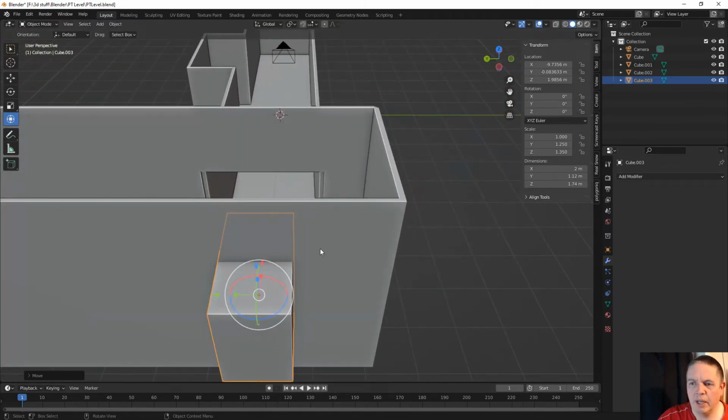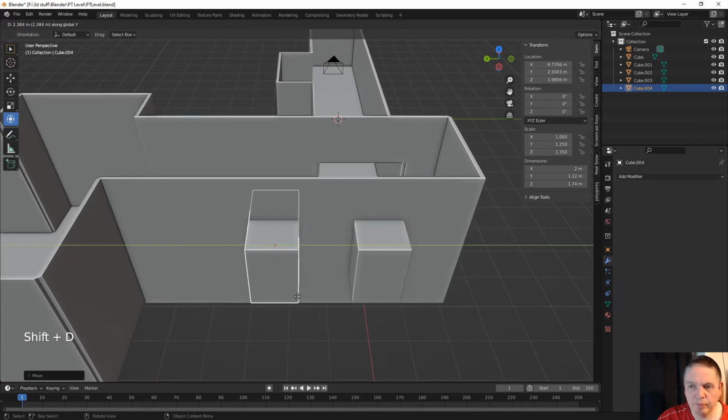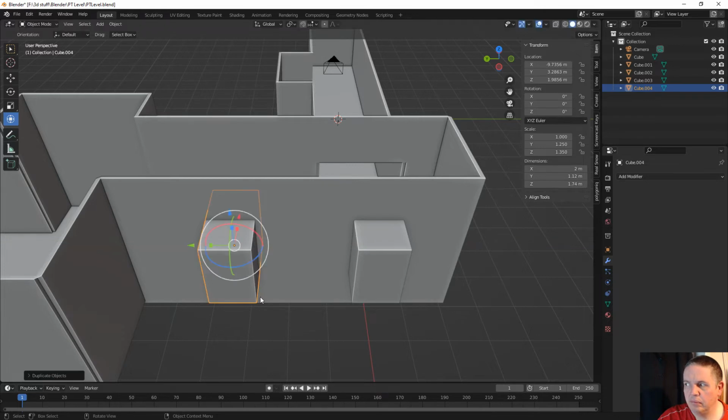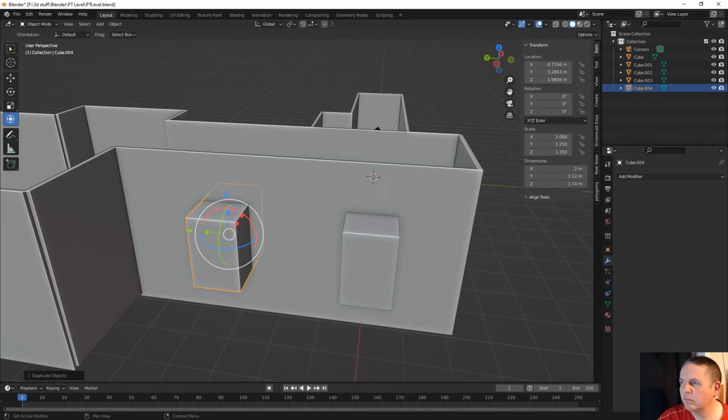And then we've got another one. So I want to Shift D on the Y, and then about here, I think. So we've got windows there,